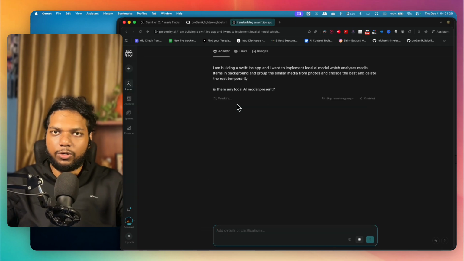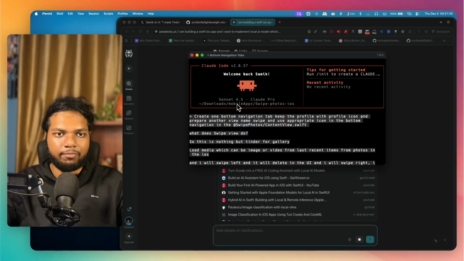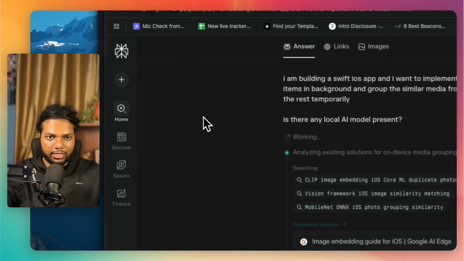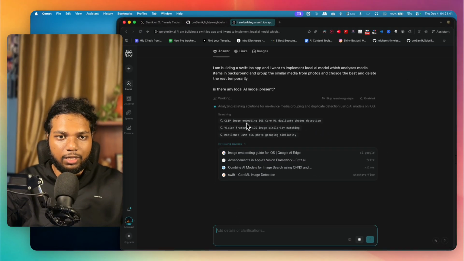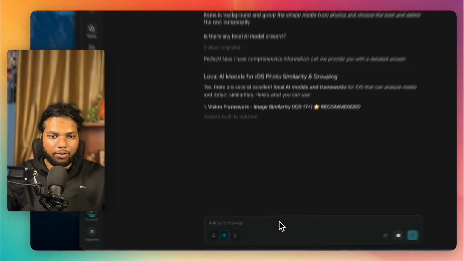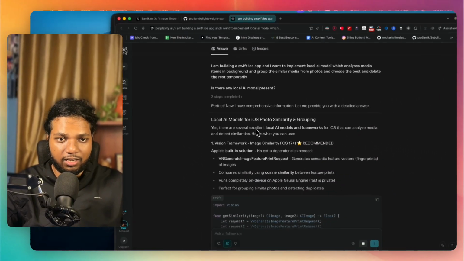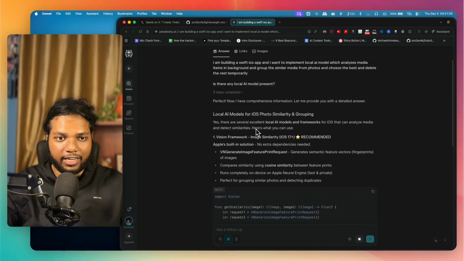So this is how I do research in parallel about the future implementation while it builds the application. You can see it is doing the task right now. CLIP image embedding, there are, I think, models available, but I will wait for the follow-up result. So you can see, yes, there are several excellent local AI models and frameworks for iOS that can analyze media and detect